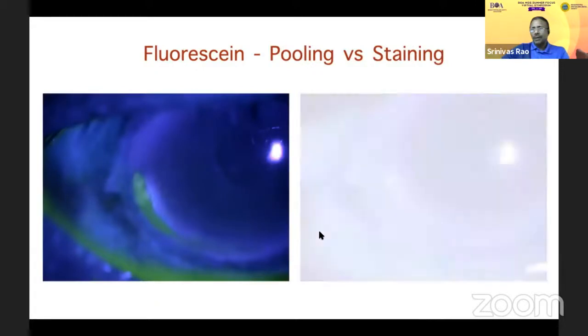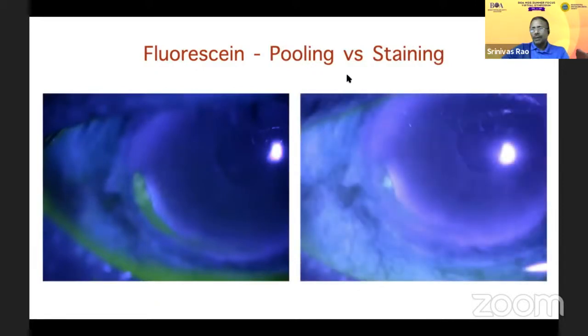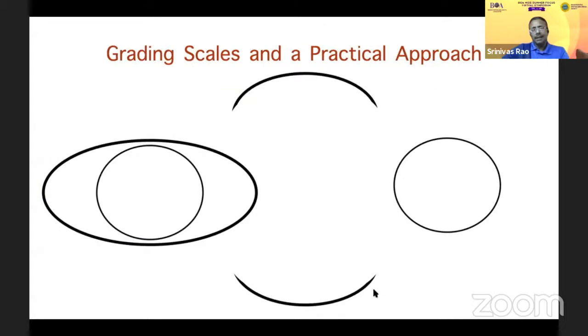2 minutes later. When you have irregularities on the corneal surface, you must distinguish staining from pooling, as in this recurrence in a Mooren's ulcer. The recurrence is in this very small area, but the initial impression is that the entire gutter is staining. If you wash it off with normal saline, the actual staining can be picked up.